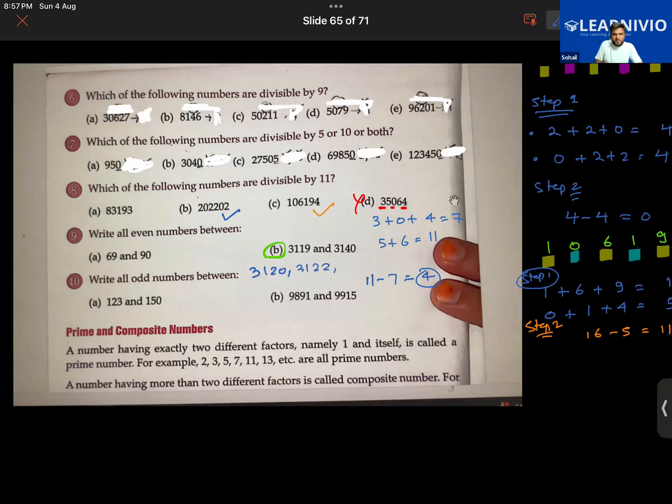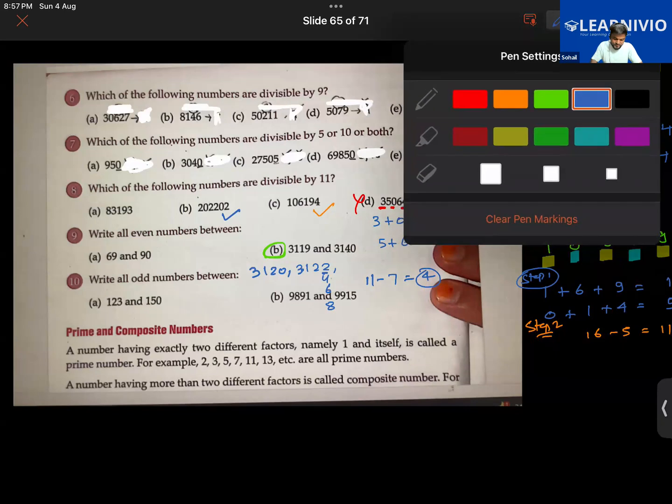So the simple thing you are going to do now is simply write 312, and in the place of the unit digit just write the even numbers. Right now 0, then 2, then 4, 6, 8. Then again start over with this, right? So I think that is simple enough.